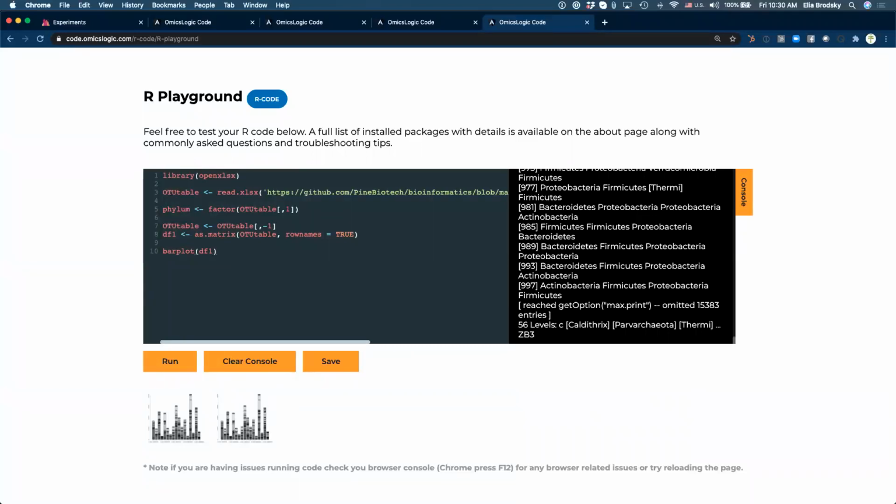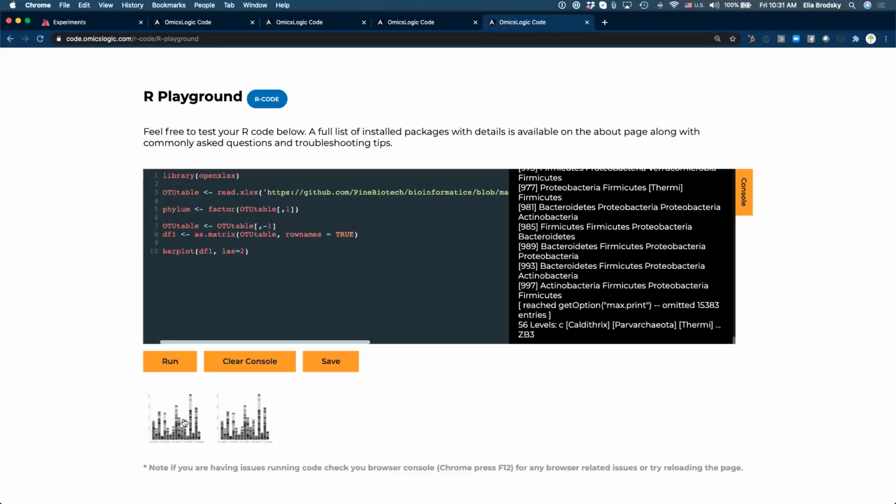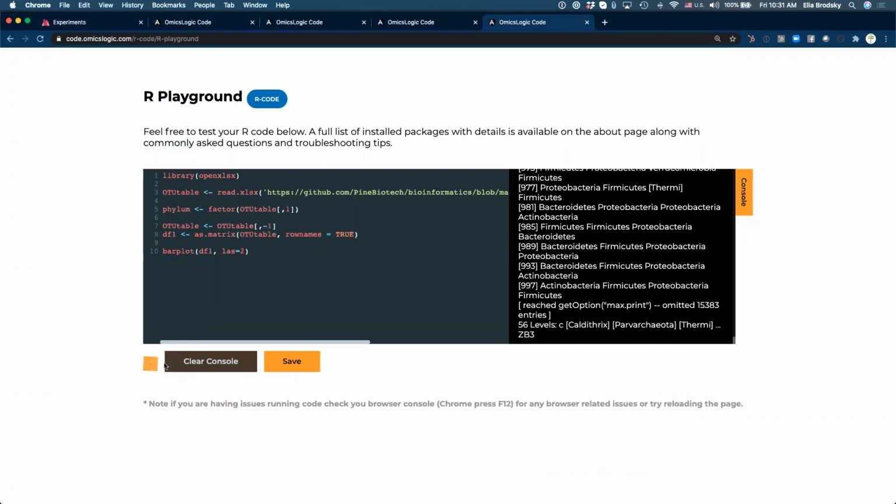Briefly, let's introduce a couple of changes. First, to make our labels go vertical instead of horizontal, which will allow us to see all of our sample names, we can do this. Just run that: las equals 2.